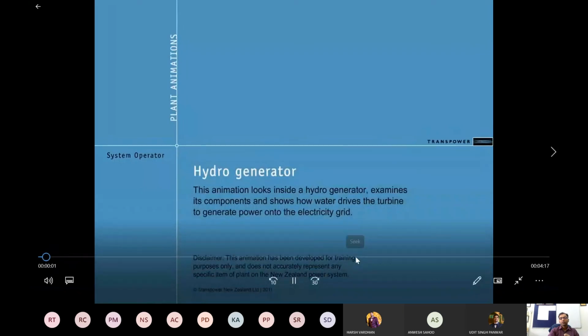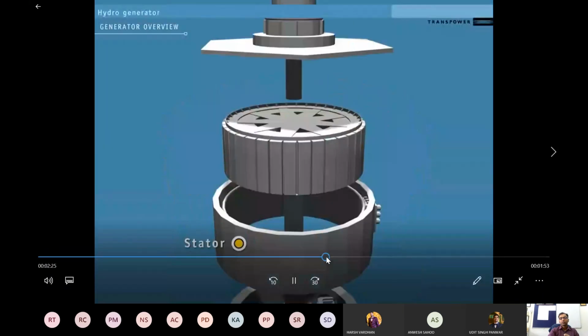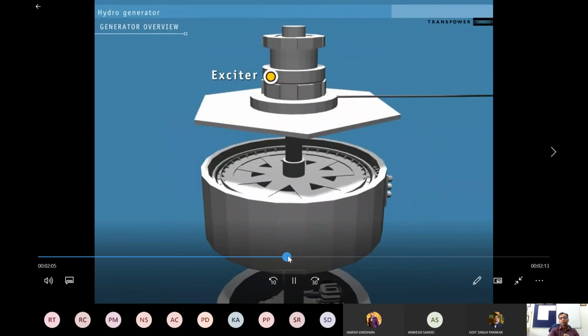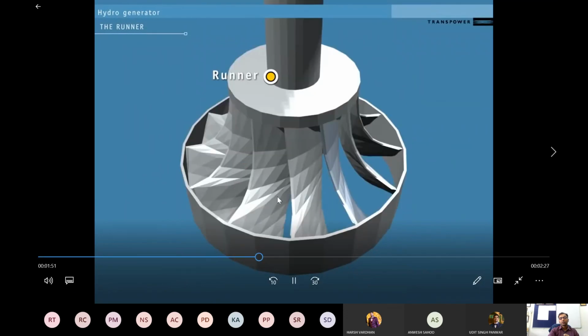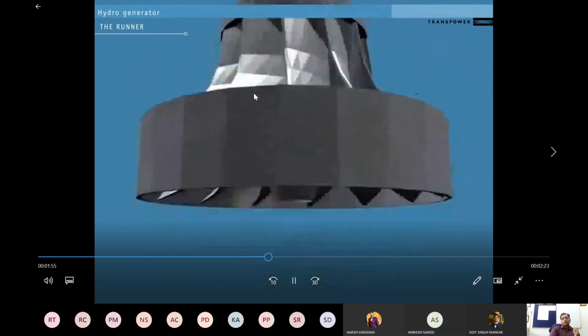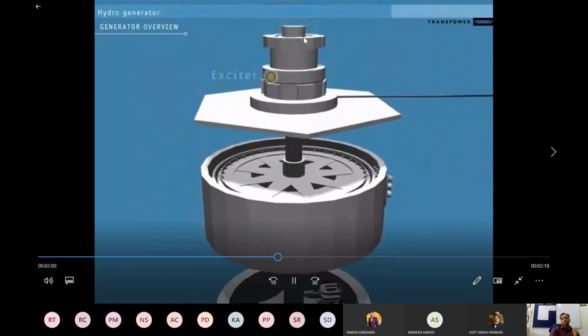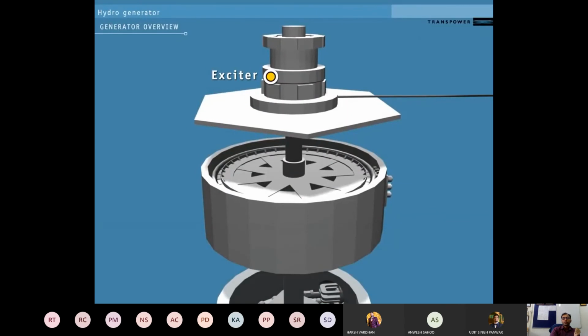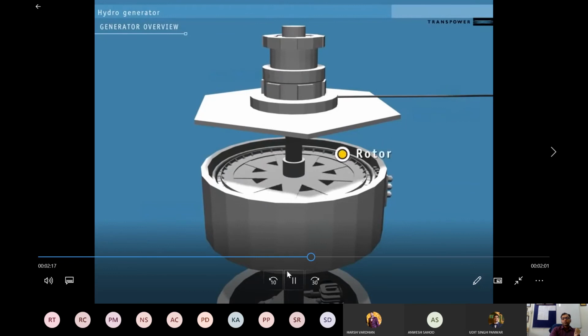In this animation, we'll look at how on the outside of the rotor, 3 coils of copper wire called an external controller called the AVR. Expand this into its parts so we can see them clearly. The turbine is at the bottom. Then this generator is in between, and on top of that is the AC. At the top is the exciter, which gets a small DC power supply from a cable attached to an external controller called the automatic voltage regulator, or the AVR. Below the exciter is the generator. The inside is a rotor.